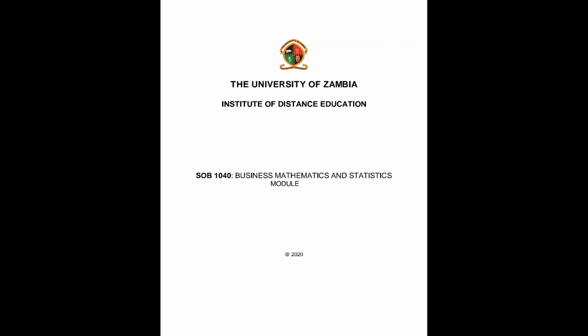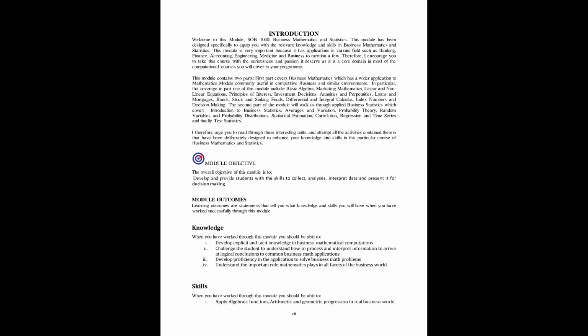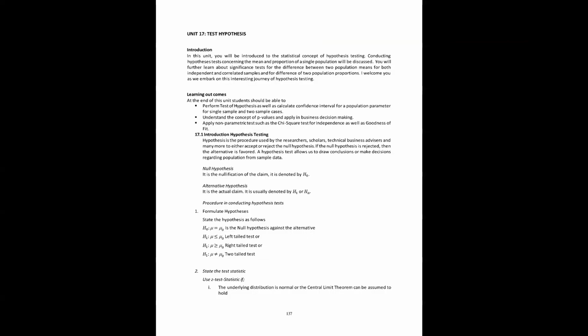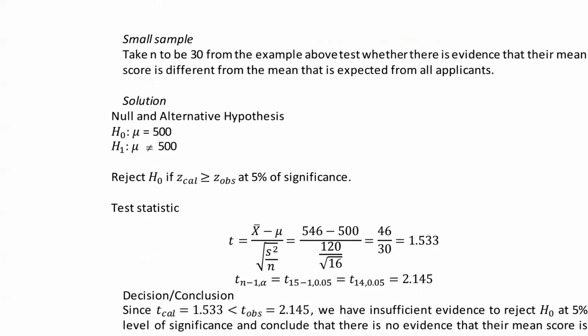So I think you have seen the difference between the normal Z and the T. It's just the decision now. Where is my table? Where is the decision? How do you make this decision? It is on page 148. How you make the decision is basically the same way. So now look at the